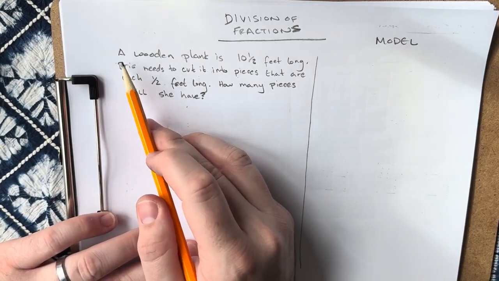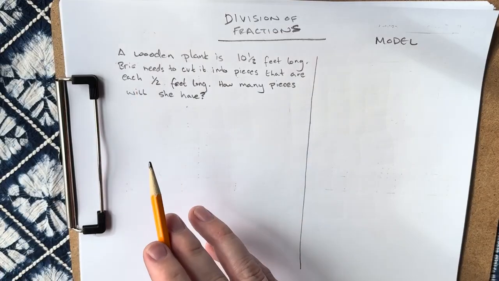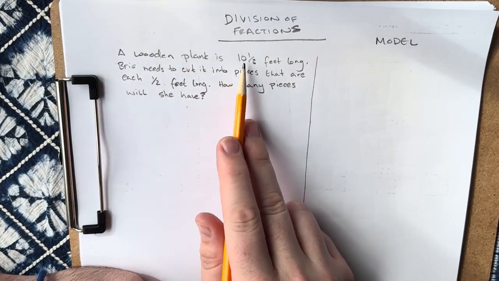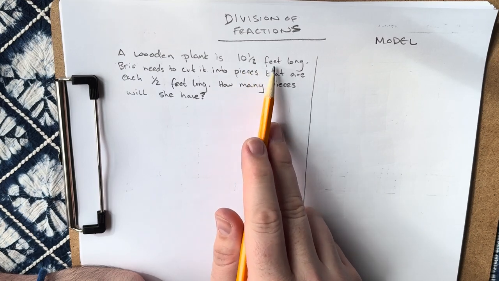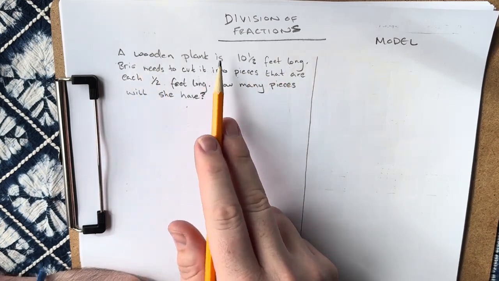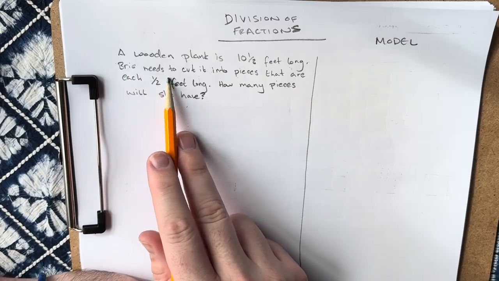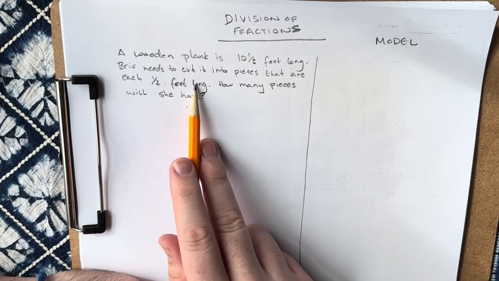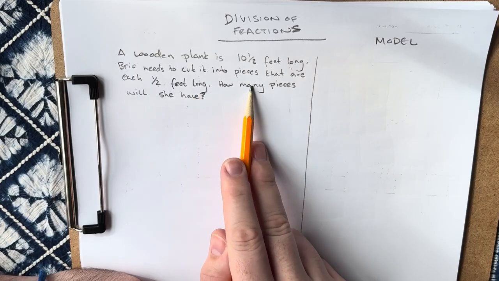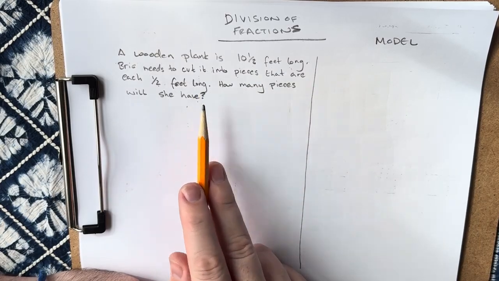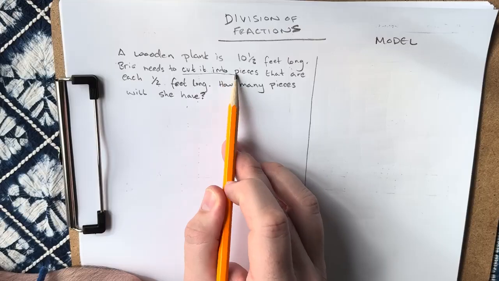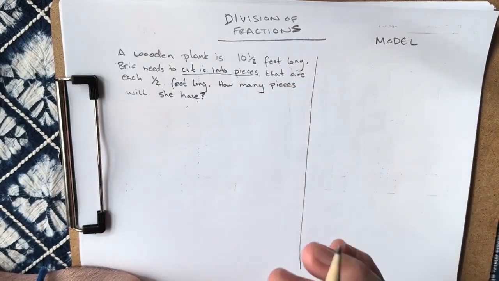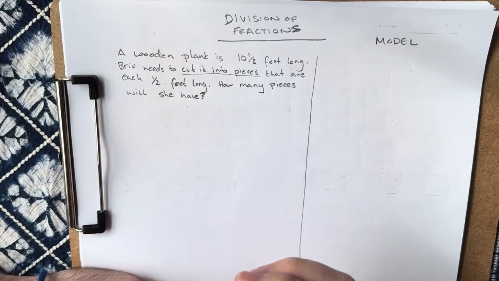So this is slide number 25 on your fraction practice. It says a wooden plank is 10 1/2 feet long, okay? 10 1/2 feet long. Bree needs to cut it into pieces that are each 1/2 feet long. How many pieces will she have? Now, when it says cut into pieces or sections or splitting into, we know that that's a key word for division of this